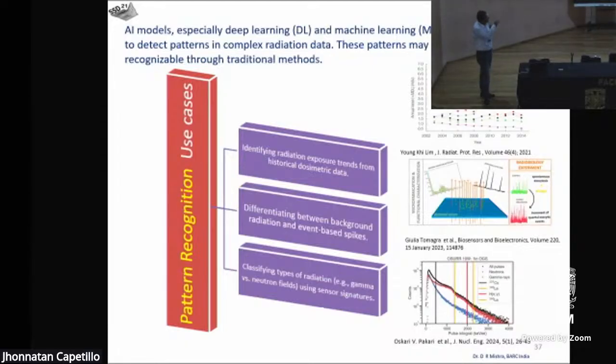Second aspect, whether my signal is background, more than background, or a genuine background. Now, who will decide the genuine background? That will be decided by the area around the working of radiation isotopes, whether it has changed or not. So this kind of information is required to verify. Lastly, whether my dosimeter is capable of distinguishing the different types of particles, which is very important for taking specific decisions.